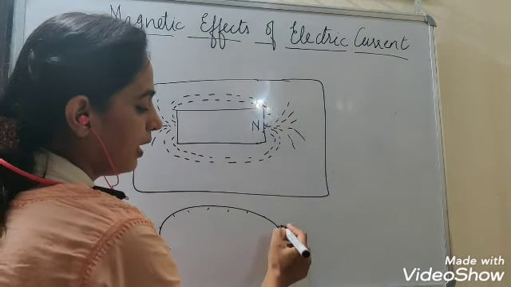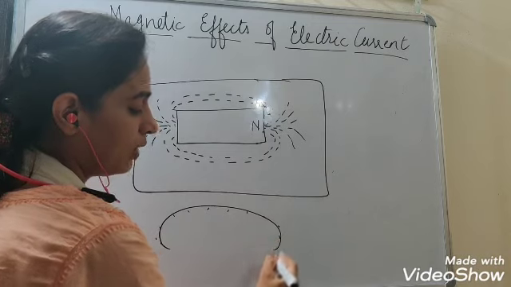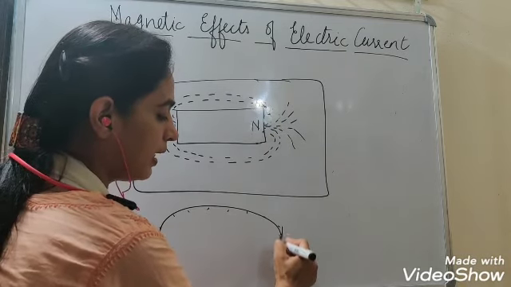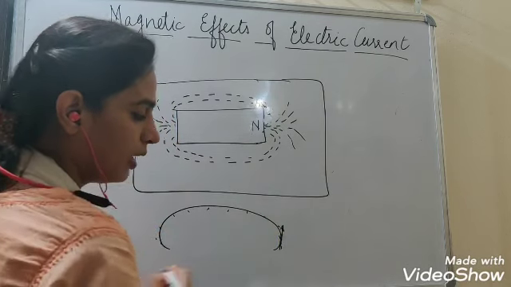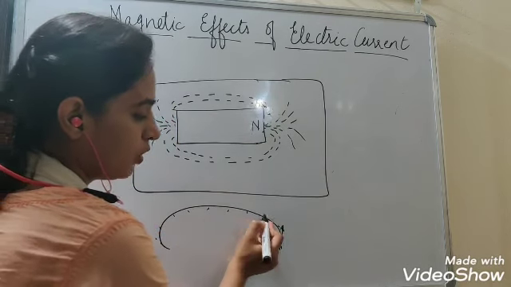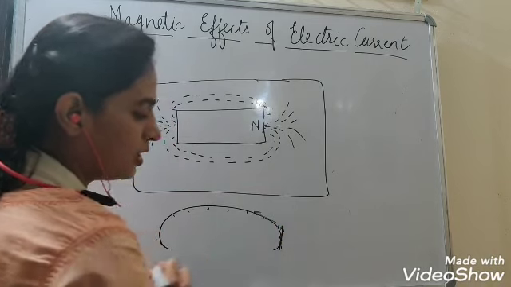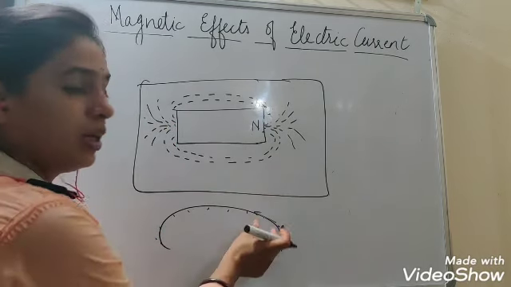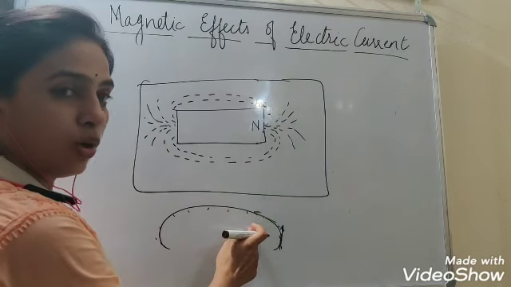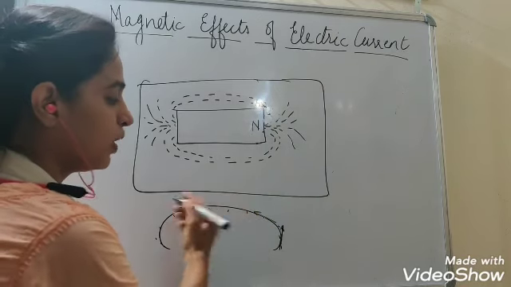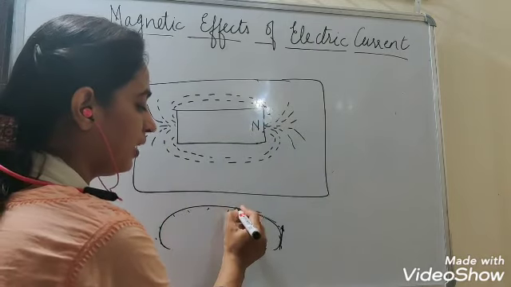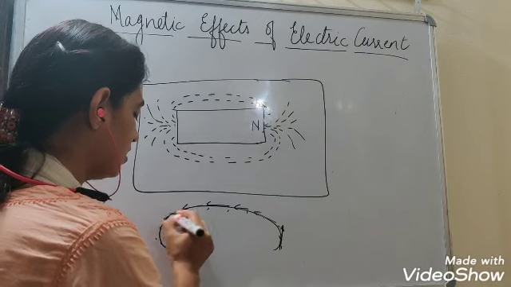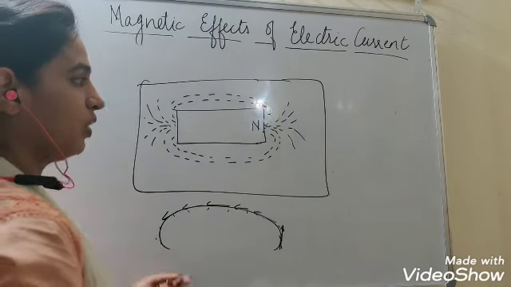Okay. And anywhere on the magnetic field line, if you want to find the direction of the magnetic field, what we do is draw a tangent at that point. Here, if you want to find the direction of the magnetic field, draw a tangent at this point. Why am I drawing the arrow facing this way? Because this is how the north pole of the magnetic needle was pointing. So the direction of the field line will be this way. You keep drawing the tangents to get the direction of the magnetic field.